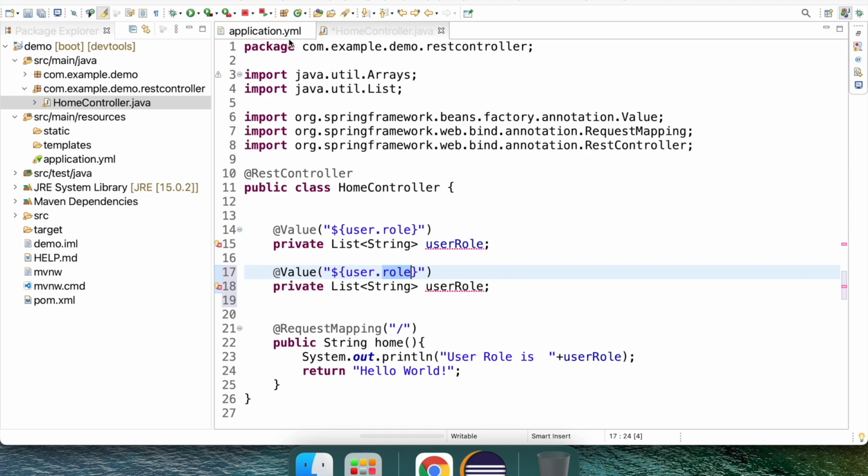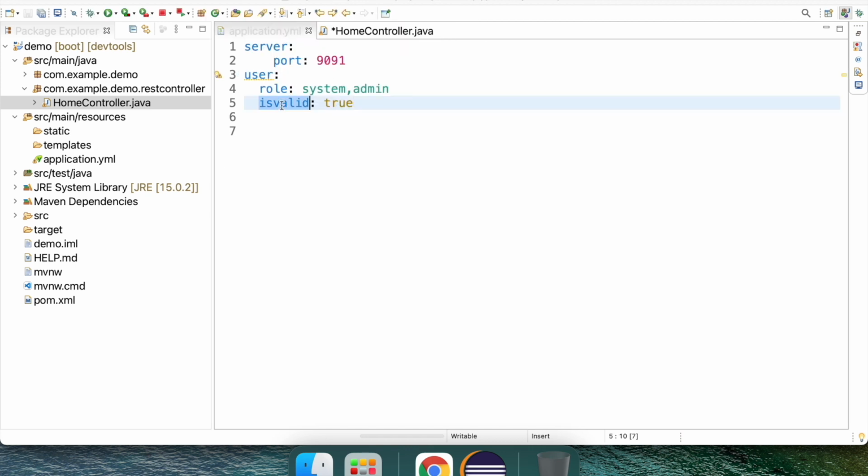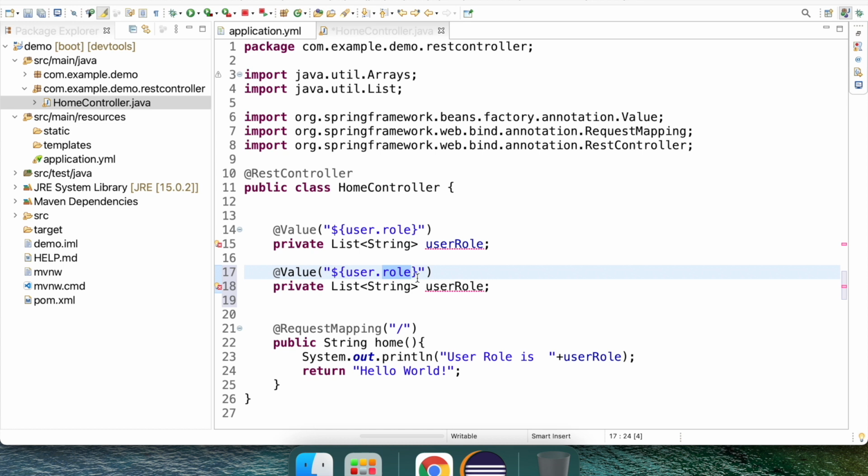What is the key? isValid, so just copy the key, user.isValid, and we have to take it as boolean isValid.